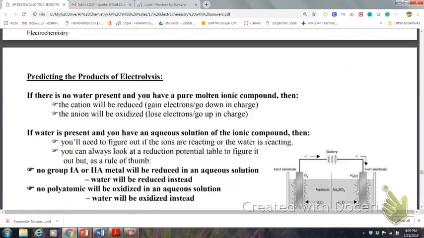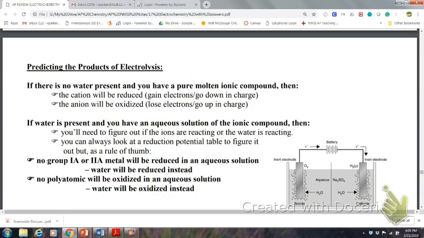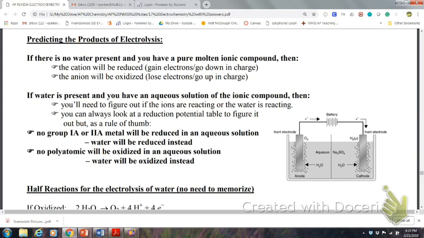So predicting the products of electrolysis depends on if there's water or no water, okay? So if there is no water present, let's say you have a molten ionic compound, then the cation is going to be reduced, so it's going to gain electrons, and the anion will be oxidized. If water is present and you have an aqueous solution, so let's say I've dissolved an ionic compound in there, then you have to figure out if it's the ions that are reacting or if it's going to be the water. You can always look at the reduction potential table to figure it out, but generally,